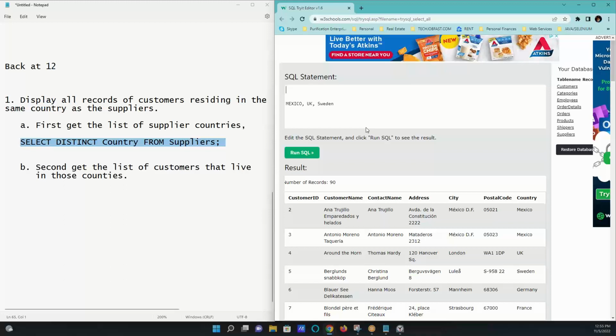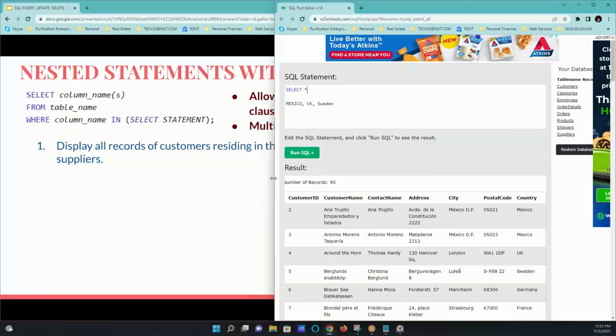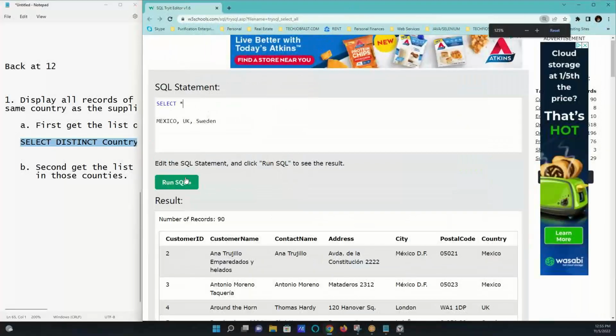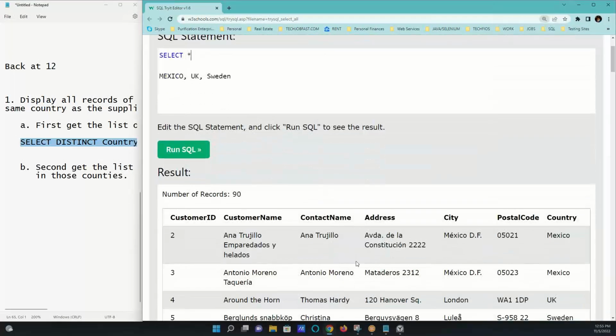So here's what I'm going to do. Understand that on the second list, all I want to see is all records. So where you missed this is select. You want to say star. Select star from customers and where